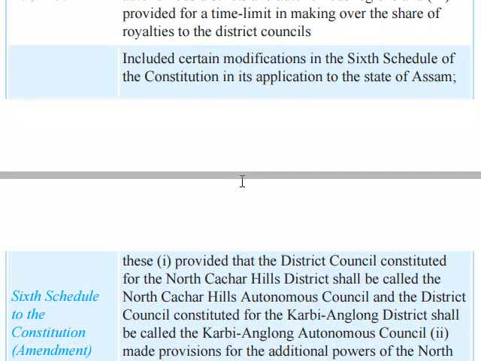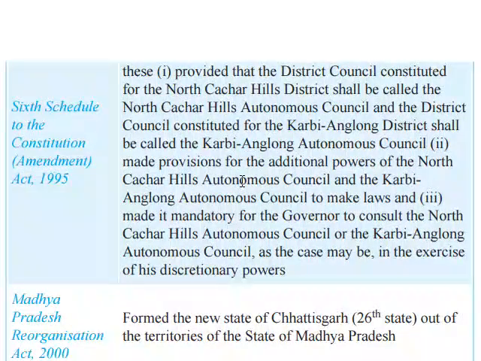6th Schedule of the Constitution Amendment Act 1995 included certain modifications in the 6th Schedule of the Constitution in its application to the state of Assam. This provided that the district council constituted for the North Cachar Hills district shall be called the North Cachar Hills Autonomous Council, and the district council constituted for the Karbi Anglong district shall be called the Karbi Anglong Autonomous Council. Second, it made provisions for the additional powers of the North Cachar Hills Autonomous Council and the Karbi Anglong Autonomous Council to make laws,